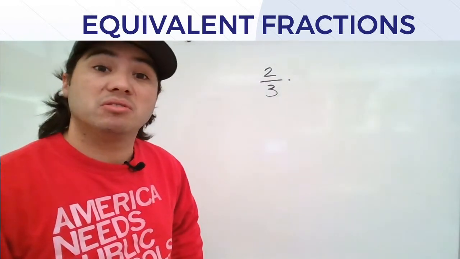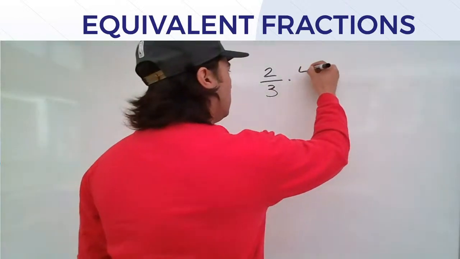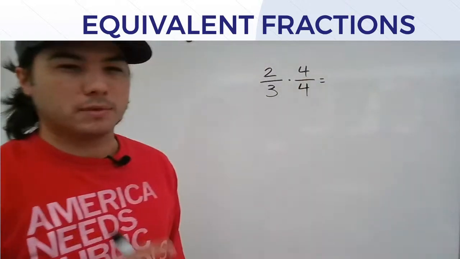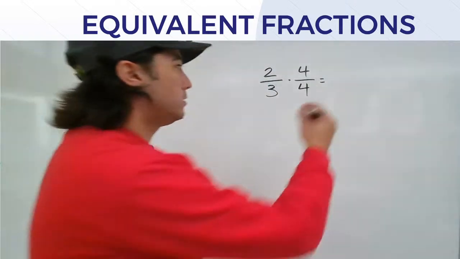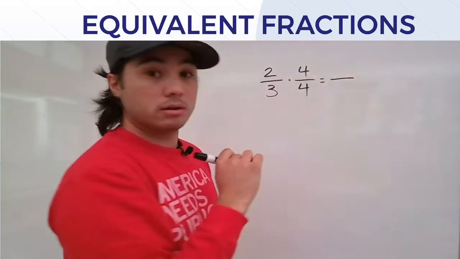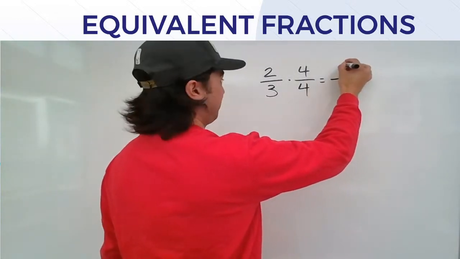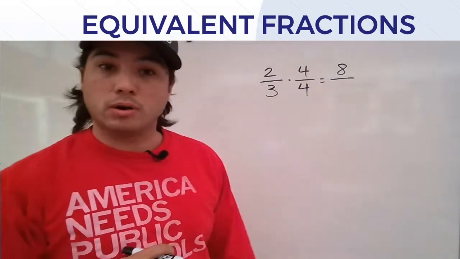Maybe, let's go 4/4. That's an equivalent of 1 because the numerator and the denominator are the same number. Okay, so now we're going to multiply on top. 2 times 4 equals 8. I knew you knew that. And then 3 times 4,